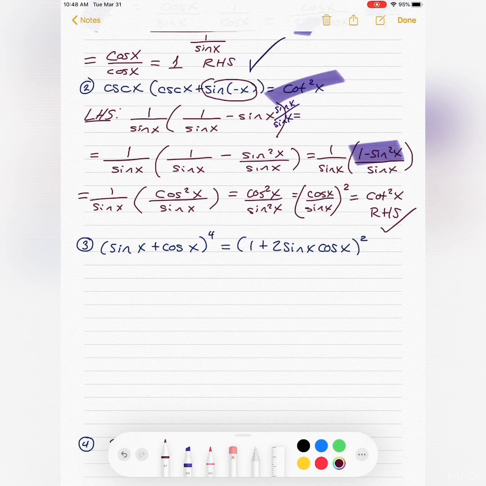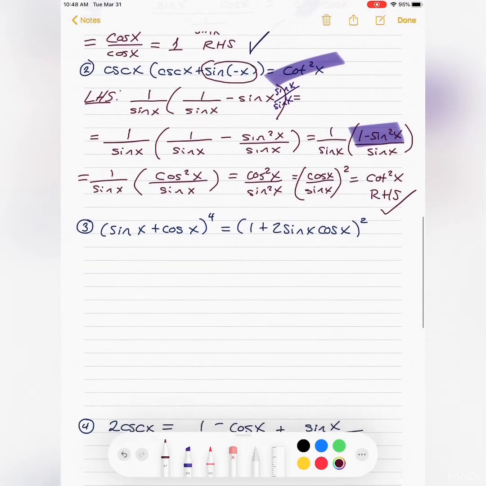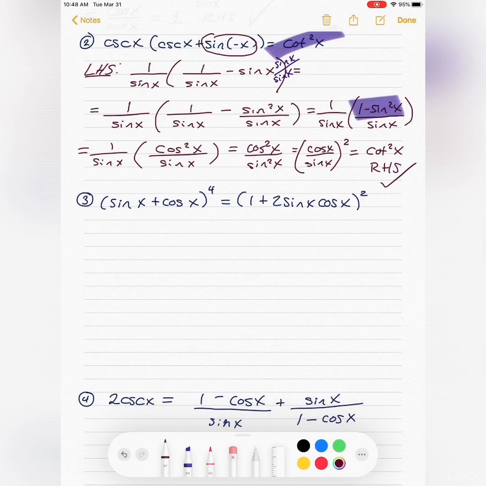Okay, what about number 3? So I have to make a decision. I mean, this guy, I see a higher power on the left-hand side. So it seems like maybe I can do more with that. And then I'm noticing that, let's see, I have power 4 here, power 2 here. So what if I take that left-hand side and I say maybe,